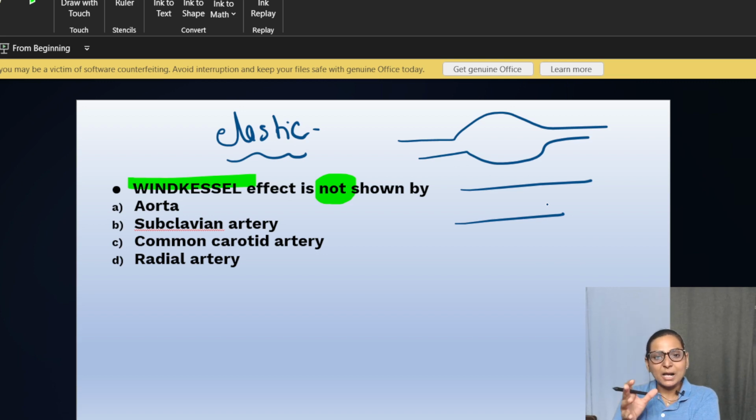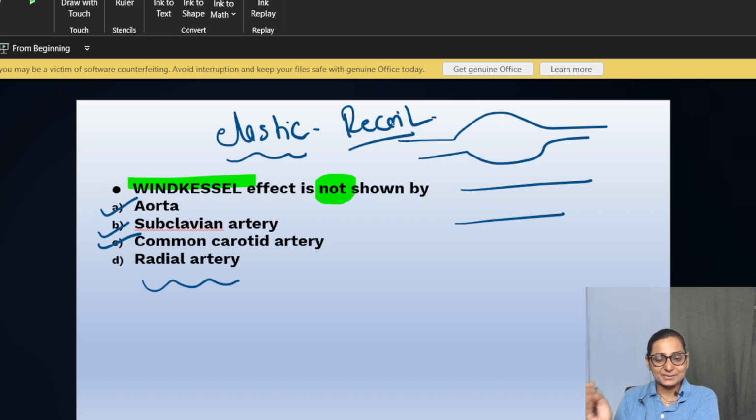This depends upon the arteries, which have got lots of elastic structure in their adventitia, because they can even have muscular build, right? There can be lots of muscles and there can be lots of elastic. So this elastic tissue is present in the aorta, subclavian and the common carotid artery. Radial artery does not show the Wind-Kessel effect, so the exception becomes the radial artery. Remember, these show the elastic recoil effect or the Wind-Kessel effect, stretching and coming back and responsible for the diastolic flow of blood.